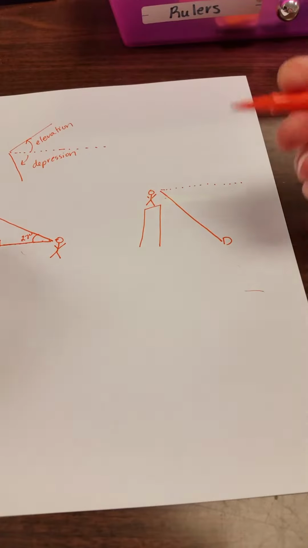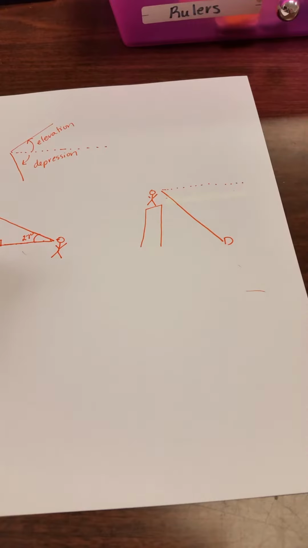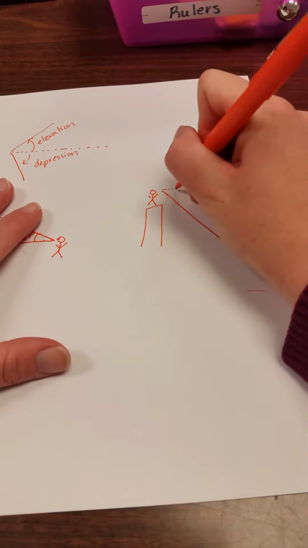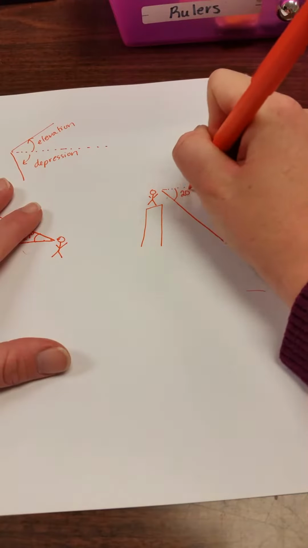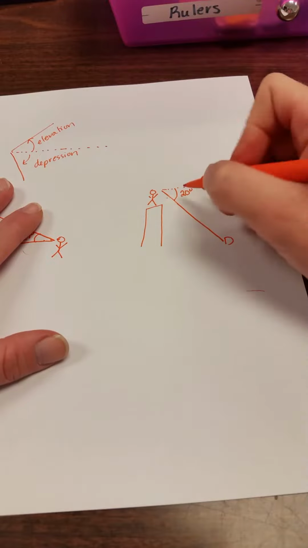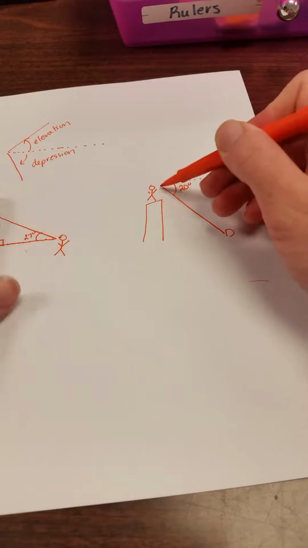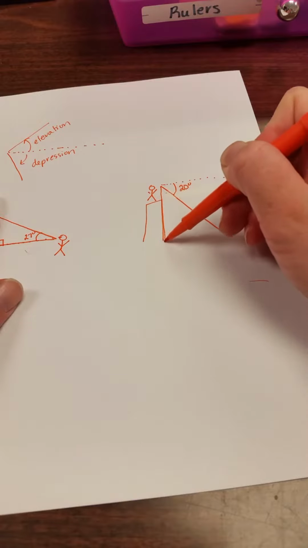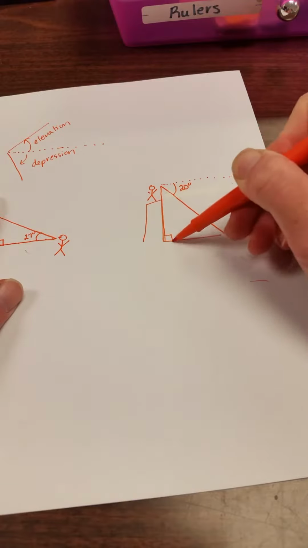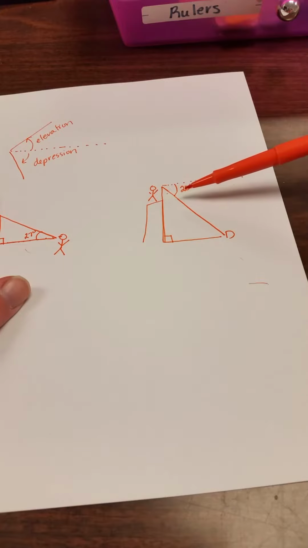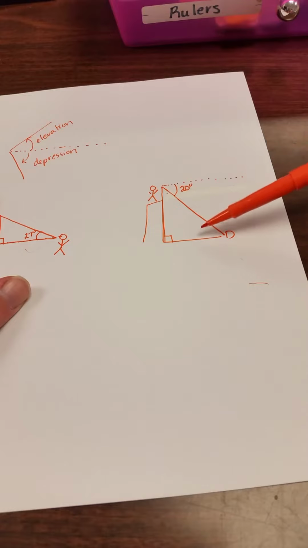So if they say this person's standing on the tower, they look down and they see a deer at an angle of depression of, let's say, 20 degrees. The 20 degrees goes here, okay? Because they're looking down. So here's the eyesight, they're looking down. Well, here's the problem. If this is my right triangle I would be using to solve, there's the angle of depression. The problem is this angle is not in my triangle.